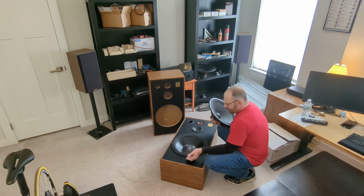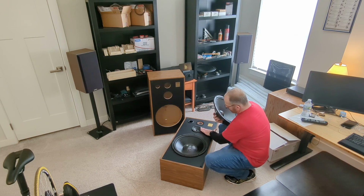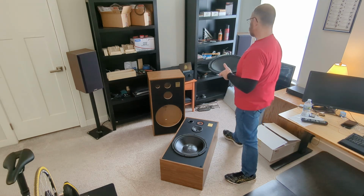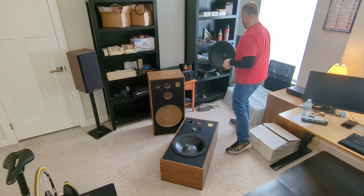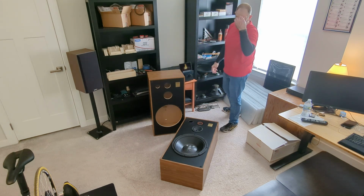So back then, speakers used to be mounted on the back of the baffle. And today, for whatever reason, they still make them with these gaskets, so you can put them behind the baffle. Not many people do. I actually had a design that I had made. Oh, it was essentially